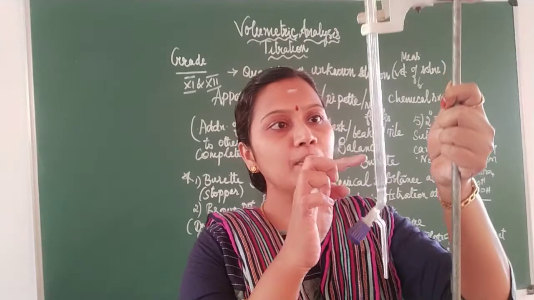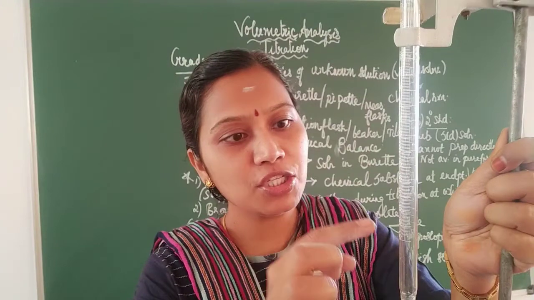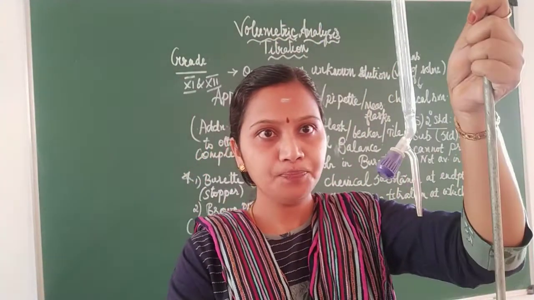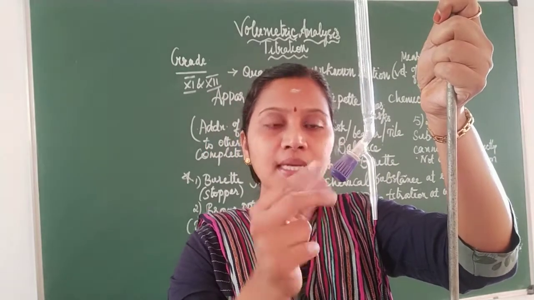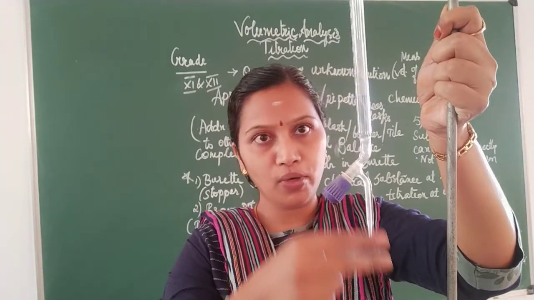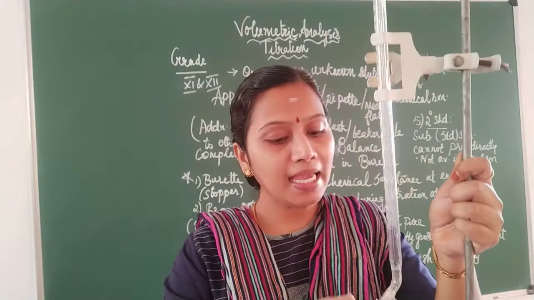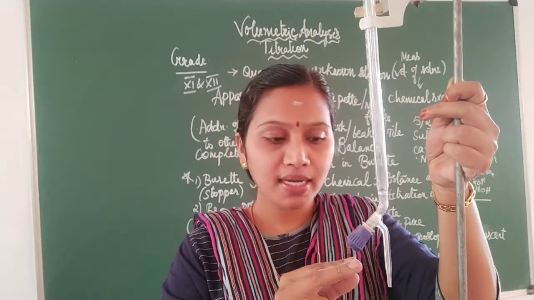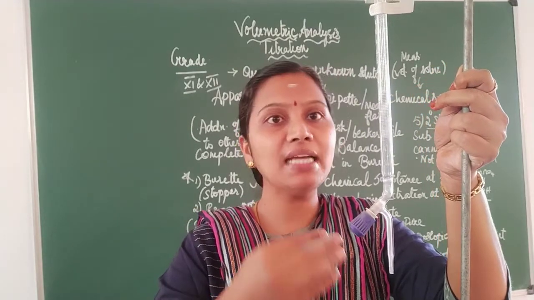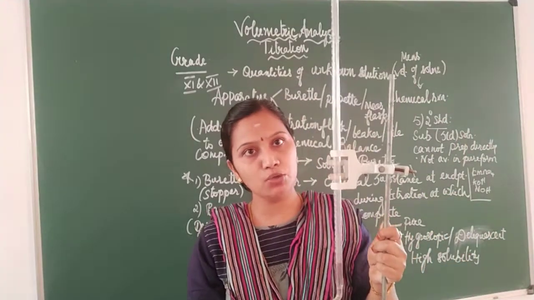When you see the burette, you will be able to see the graduations in it, right? Can you see the graduations? 1, 2, 3, 4 like that. There are graduations in a burette. And you have a blue colored thing. This is called the stopper. When I open the stopper, liquids will be flowing down. I need to fill one solution in the burette and open the stopper such that drops of liquid will be falling down and mixing with another liquid which is taken in the conical flask. As a result, the volume of the solution can be measured.